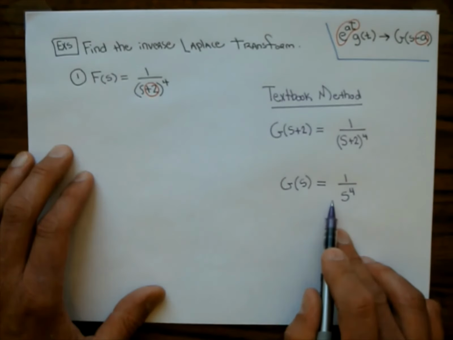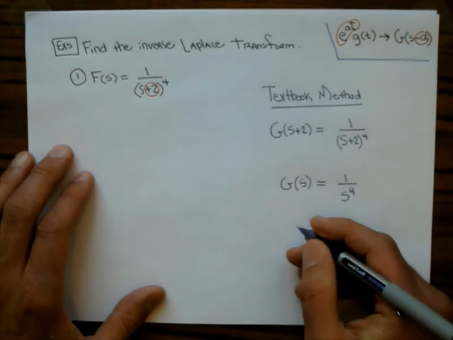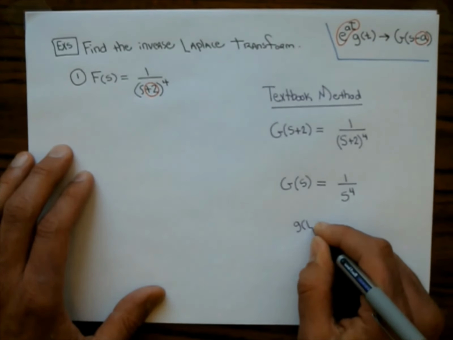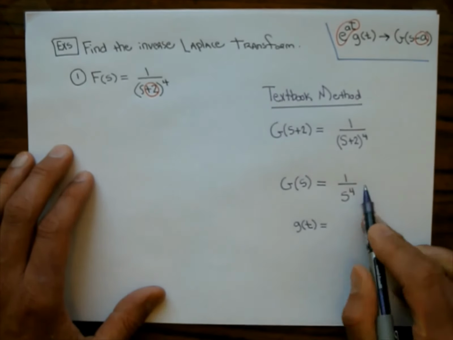And so there is G of s. I need G of s so I can figure out what g of t is going to be. G of t, I am taking the inverse Laplace transform of this. Now to take the inverse Laplace transform, I need